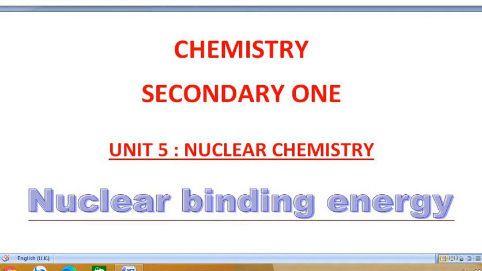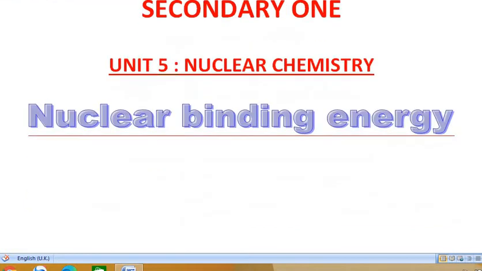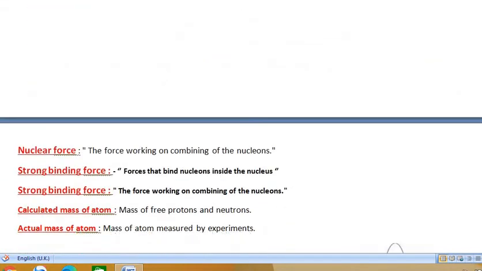Now unit 5 is still in our study, nuclear chemistry. The lesson now is nuclear binding energy. We know that the atom consists of a nucleus, which contains protons and neutrons, and negatively charged electrons circulating around this nucleus. The nucleus of the atom contains protons and neutrons, and inside the nucleus the space is very